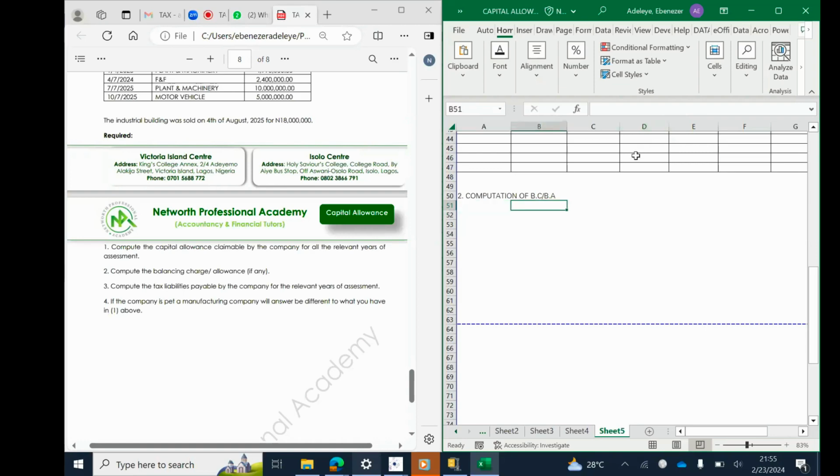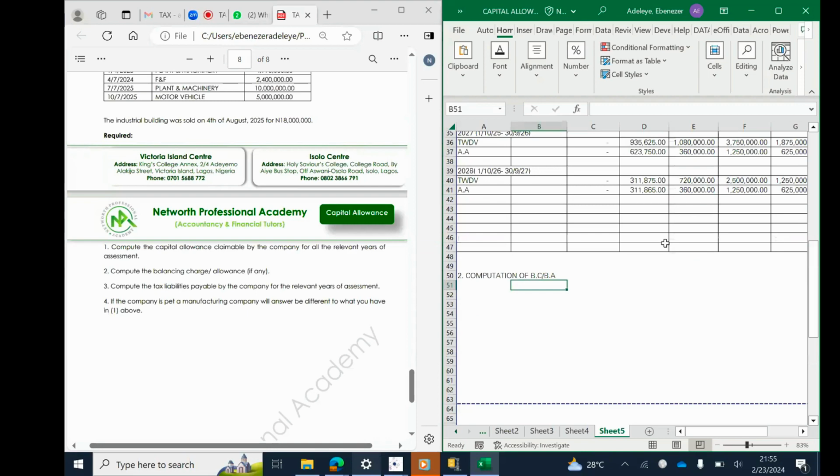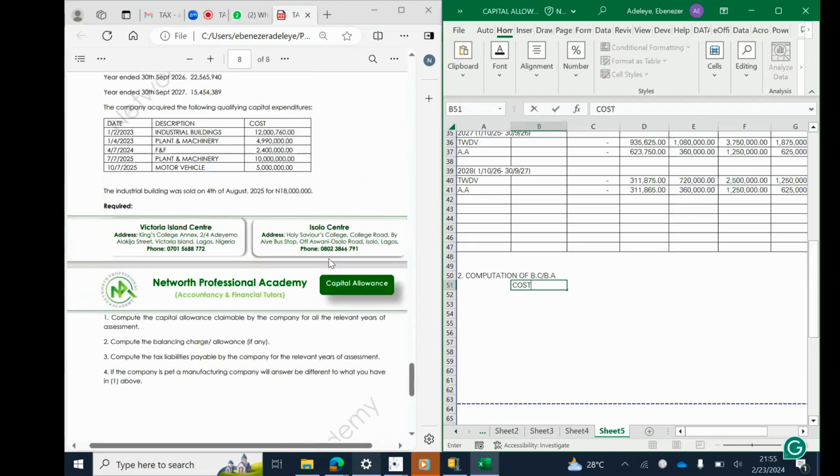Number one, what was the cost of the asset? The cost of the asset was